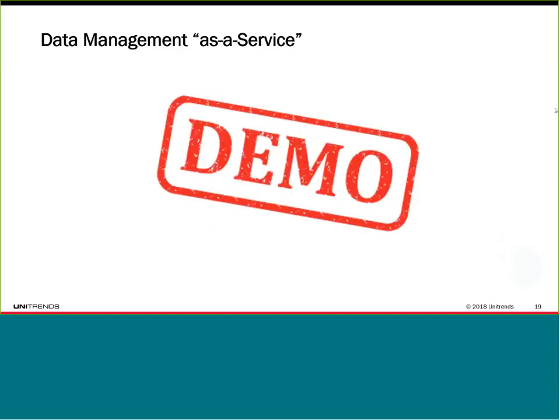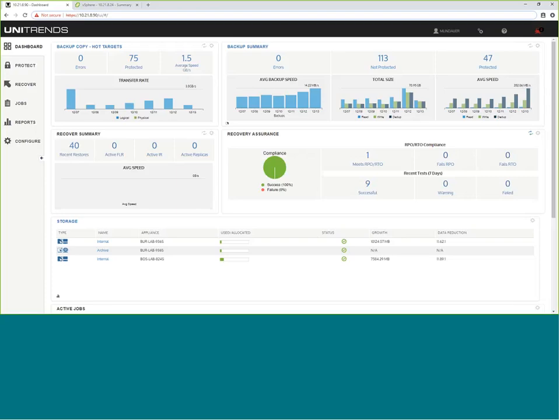So now I'm going to jump into the Unitrends interface and really run through the simplicity, ease of use, flexibility, and security of the Unitrends solution and how it can help you and your business manage your data best practices. So just to jump into the interface here, the way you would access the Unitrends UI is just by typing in the IP address in a local browser. It gives you a centralized console to both quickly see all of the information that's relevant to you and your business when it comes to business continuity.